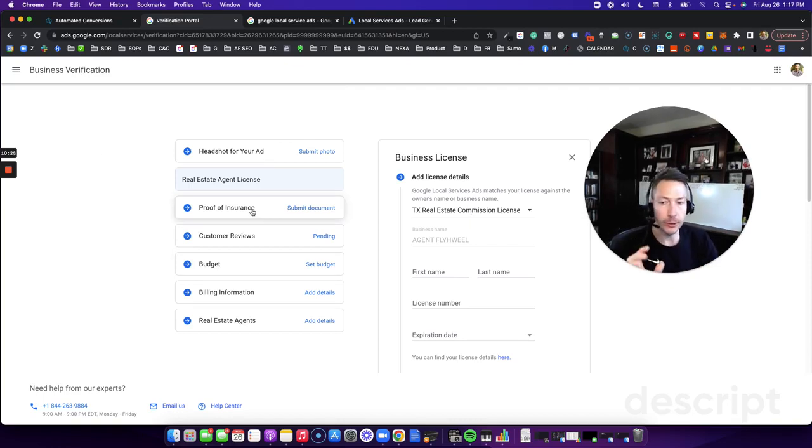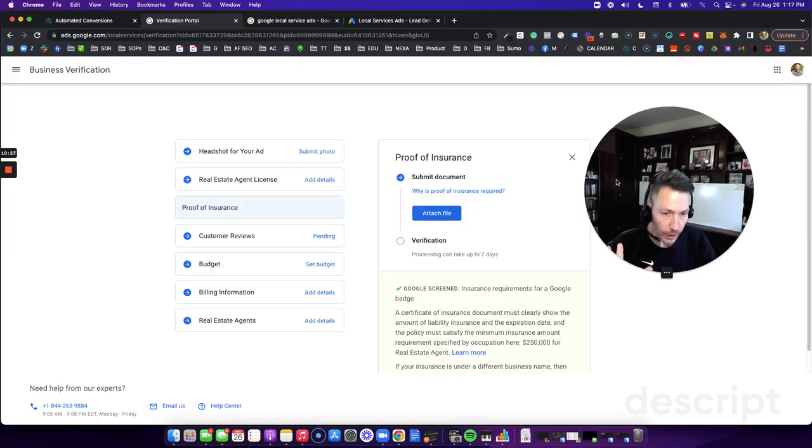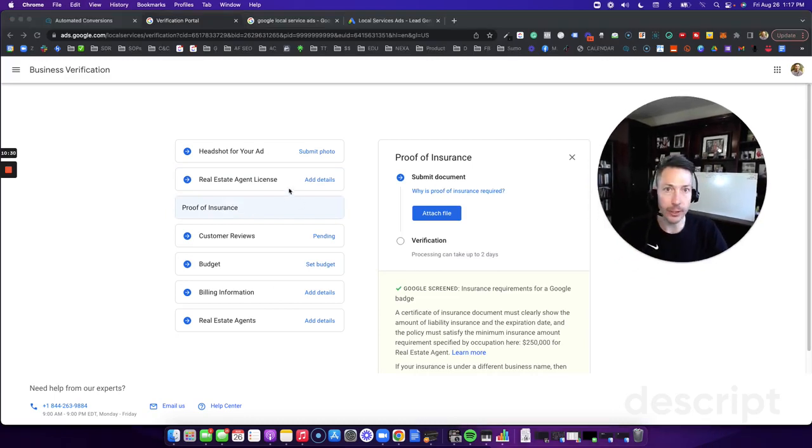Then we get into proof of insurance. Now, this is something that if you have it, great. Like your errors and omissions insurance, from the feedback that we've gotten, this is not necessarily an absolute requirement, but the support, again, there is a support number here that you can call, and they can help walk you through this stuff. But it's one of those things where they say,